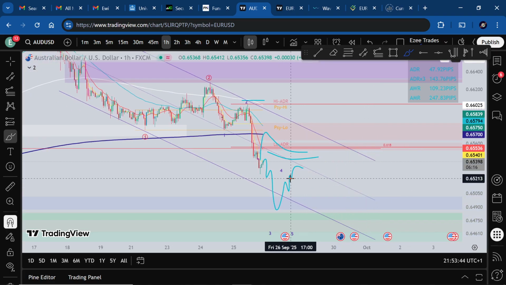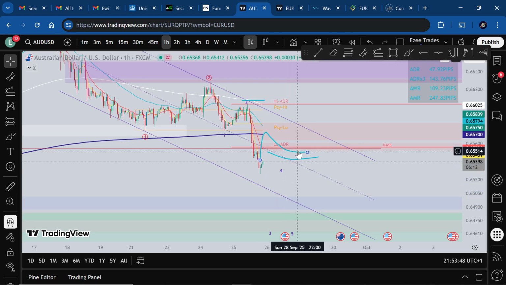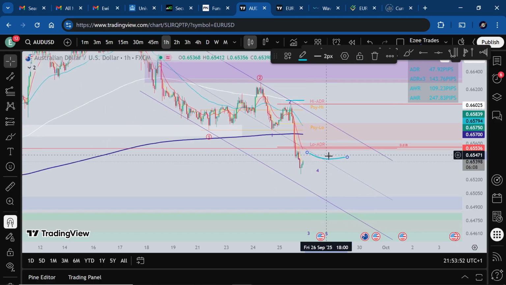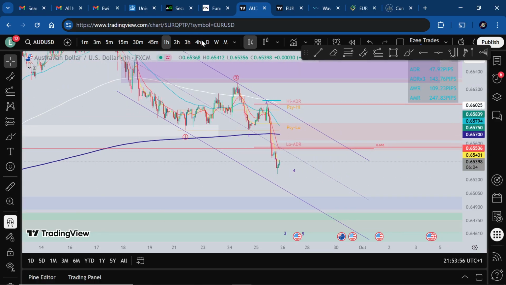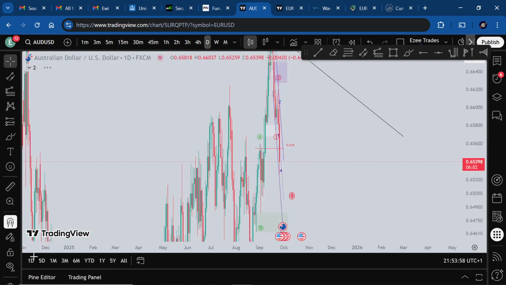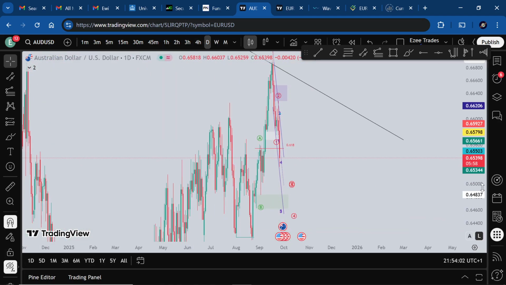Tomorrow morning, when the market has moved through Asia, I will do an update video, okay. But currently AUDUSD is bearish for now. And if I can show you quickly what we're trying to do on the bigger time frame,